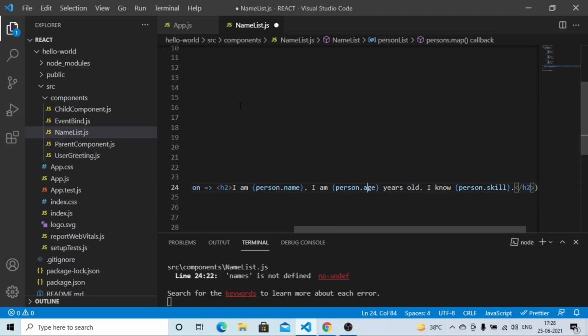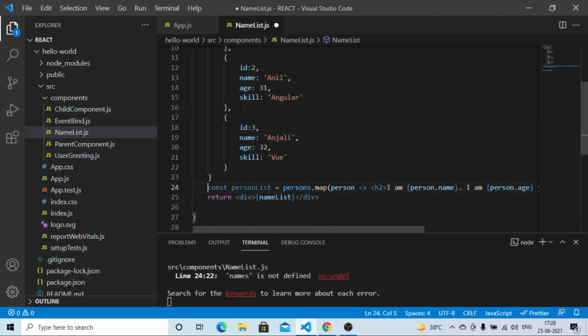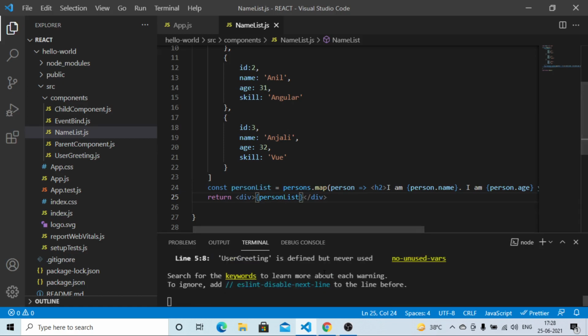Now we can replace name list with person list. Now save this file and have a look at the browser.